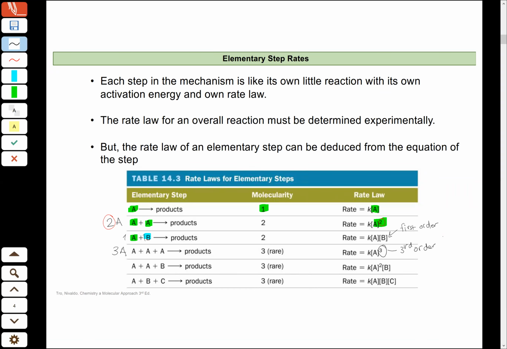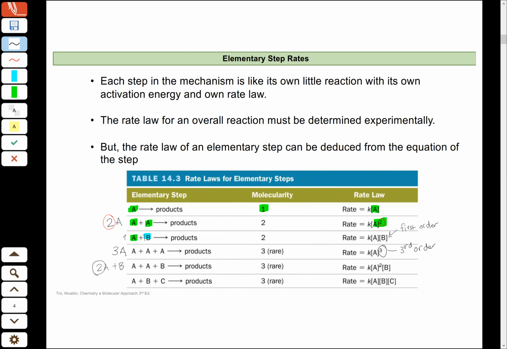And the reason these are rare is because we're talking about particles actually colliding with one another. And so to get three things to collide in the right orientation with enough energy is even less likely than getting two things to collide with the right amount of energy and in the right orientation. So here's another example of three things now introducing two reactants where we have 2A plus B,